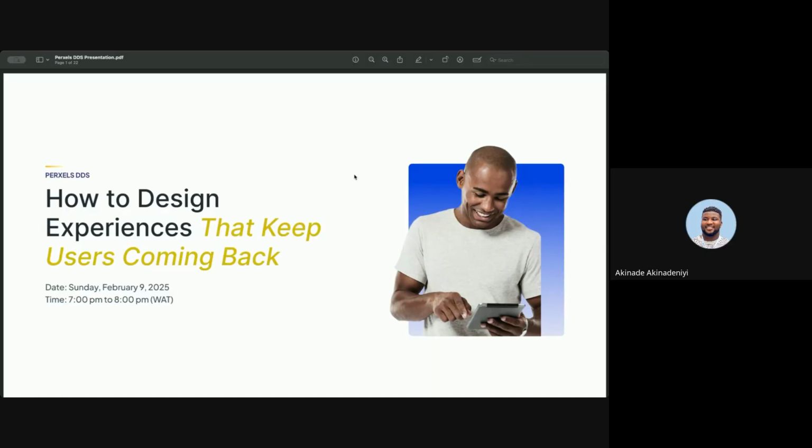But on this platform, you get to see applications that people are actually using, and they've gone through a series of rigorous usability testing, and they are constantly improving these products. That's the best way to learn as a designer.